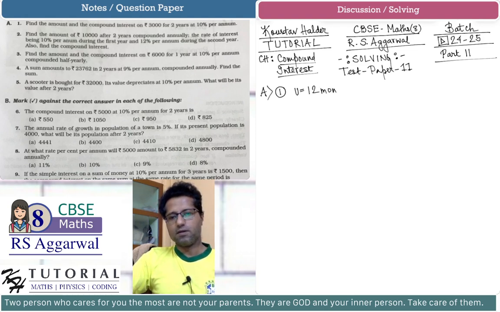Now, whenever U is 12 months, we know that. By the way, if you have not watched my theoretical videos on this chapter, then I strongly request and suggest that you please watch the videos in this playlist only. Only then you will be able to correlate the way I am solving the problems. So U is 12 months because there is nothing said about whether the interest is being compounded annually or half yearly or quarterly, which means U equals 12 months. This will imply R dash will be equal to R, which is given to be 10%